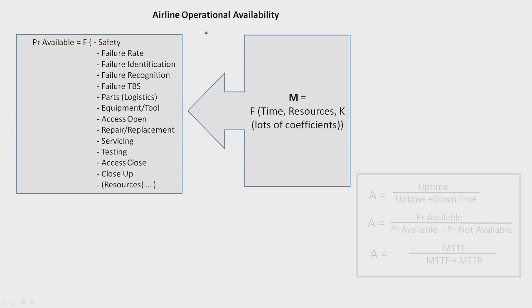So I put here, on the left side, operational availability, right? Product availability equals a function of safety. Safety is always number one. Safety is always first. Failure rate, failure identification, failure recognition, failure